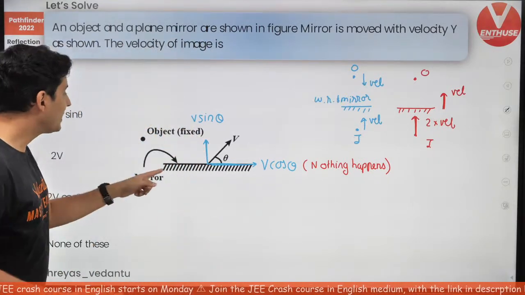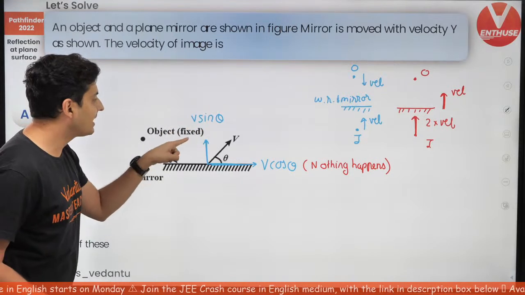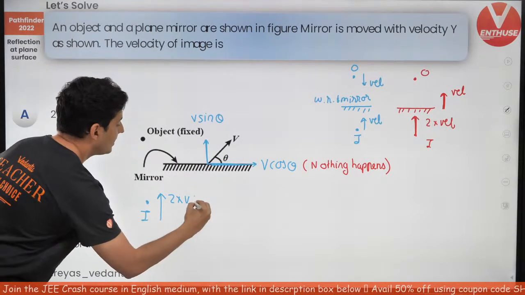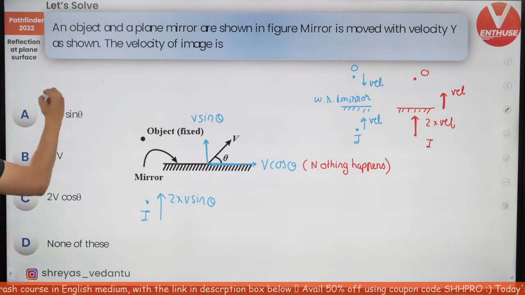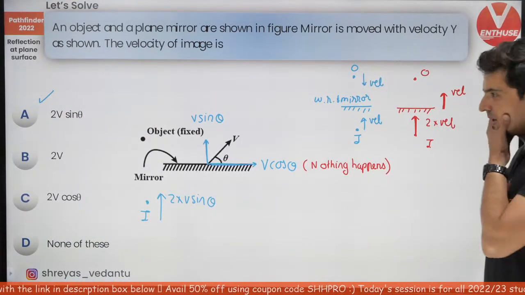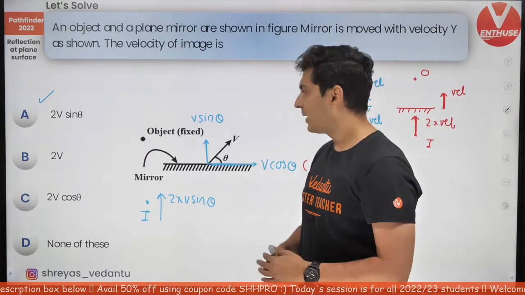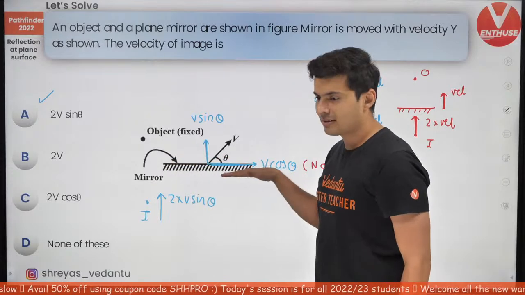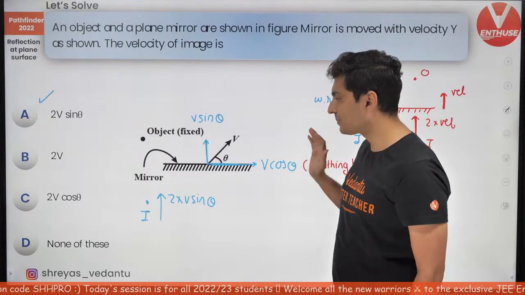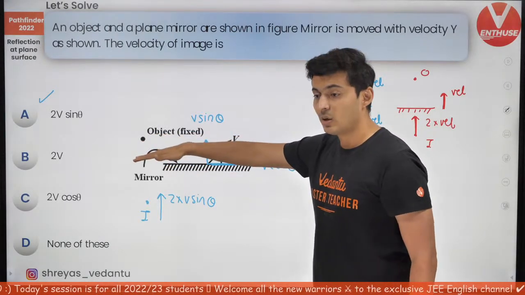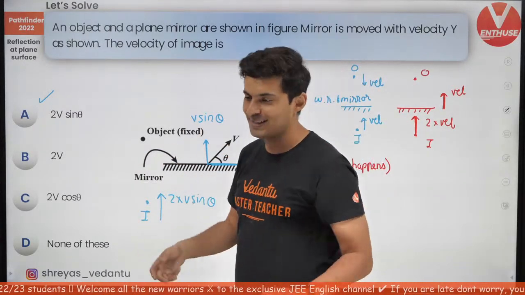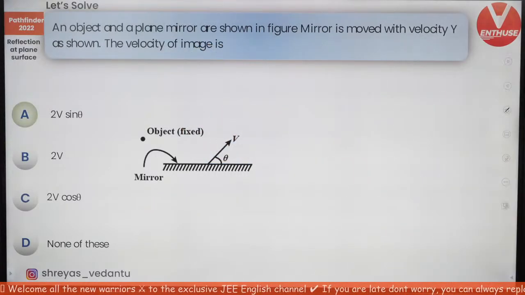Twice the speed. That means, because of this component v sin theta, the image will move with 2 times v sin theta, which is there as option E. Yep. Isn't this an amazing question, my warriors? It's a brilliant question. So, what have we learned? When you slide the mirror like this, there is no change, because the object will form the image here only. So this component was useless. When mirror moves with velocity v, then the image will move with twice the velocity. So that's why 2v sin theta, as simple as that. Brilliant question. Moving on to the next one.